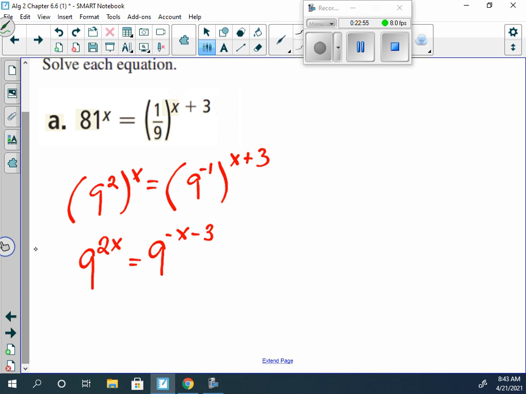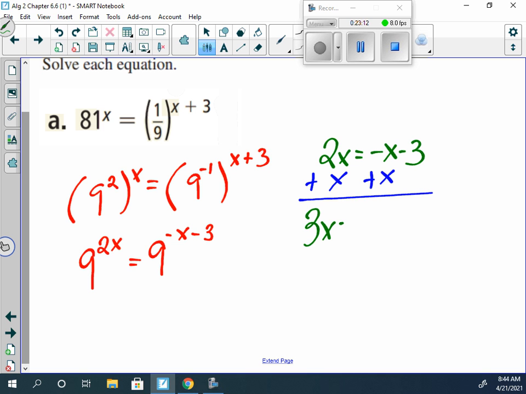Now, since the bases are the same, we can set the exponents equal to each other. Which tells us 3x is equal to